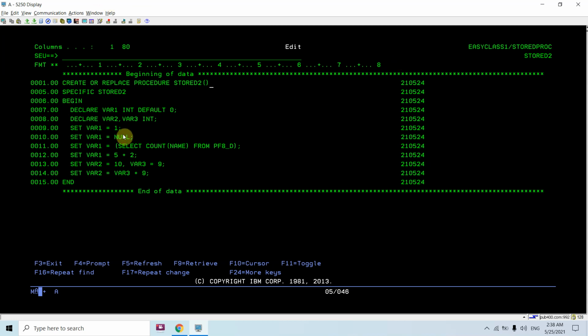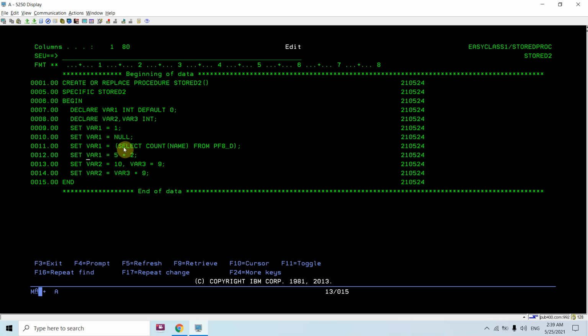Basically here we are demonstrating the SET statement, which is used to set the value of a variable. Here I define three variables, var1, var2, var3. Either I can define each of them separately, or I can define them like this if they are of the same type. The variables are not defaulted to any value, so ideally they are null. Now you can see I am setting var1 to value 1, and then setting var1 to value null. So in this statement it would get set to 1, here it's set to null.